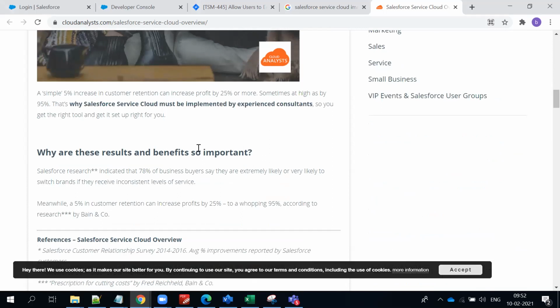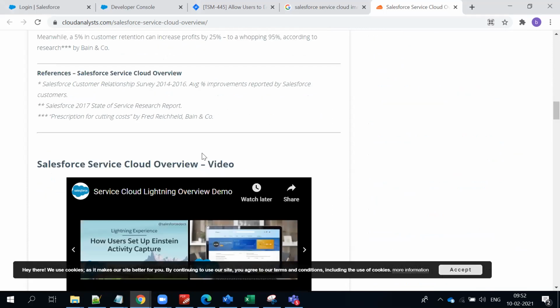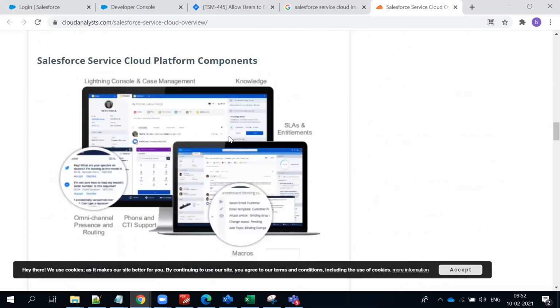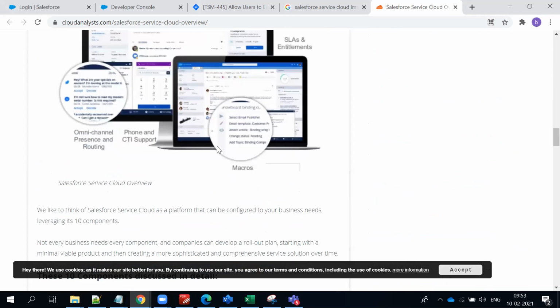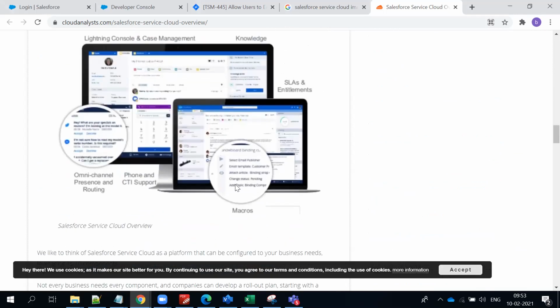So in terms of Service Cloud, what are they using? You can see a couple of products. See Lightning Console and case management. They're talking about knowledge articles on the right side, and macros, which help you out. Something repetitive you're doing, you can store as a macro and keep referring to your macros. For example, you have issues onto the